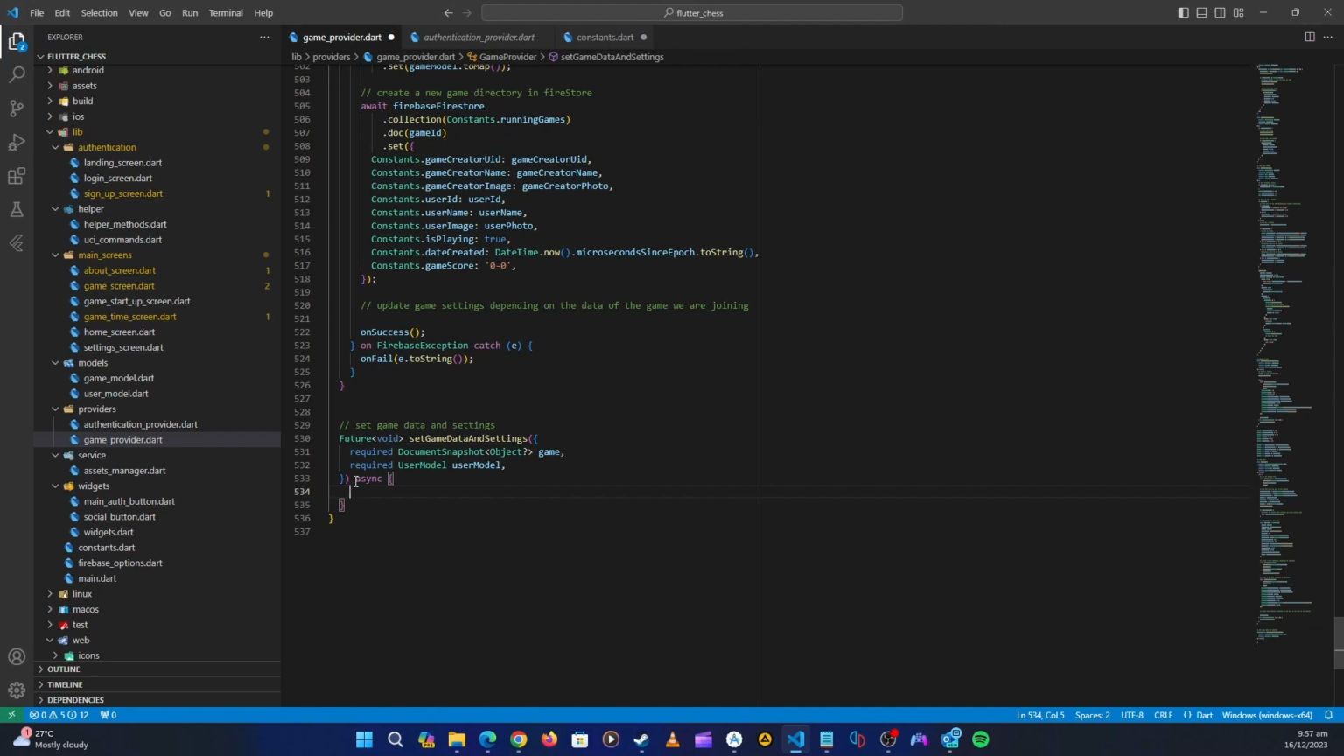So first let's get the reference of this game that we are joining. Okay, we are getting the reference of this game that we are joining because we want to update the isPlaying, which is initially false, to true. Okay, get reference to the game we are joining. So await